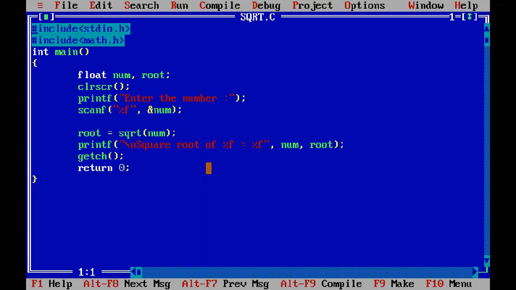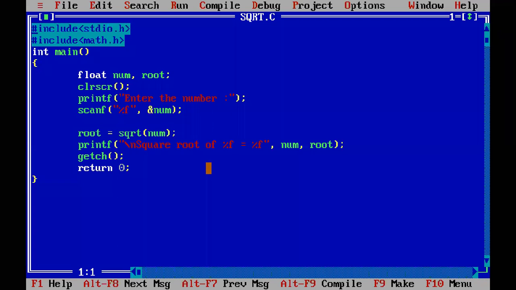Until you press any key on the keyboard, the black screen will still be there. And if you do not use this, your program will work fine, it will execute, and the output will be there. The problem is that your screen could not be held for a longer time, so you will not be able to view the result, but the results are there. That is the difference. That is why we use getch at the end.